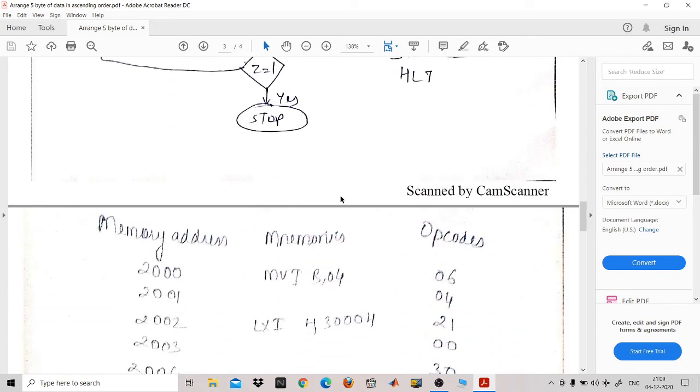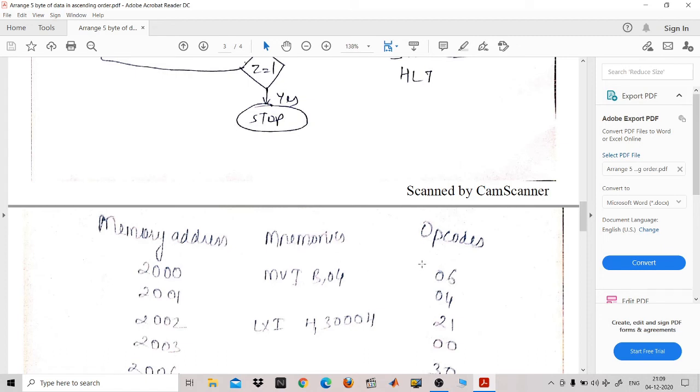Now you have to draw the opcode table. In the opcode table, three columns are required. The first one is the memory address, because from this memory address, which is the starting address of our program, we are going to store all the instructions, that is the mnemonics.